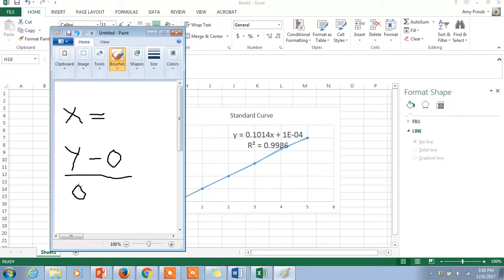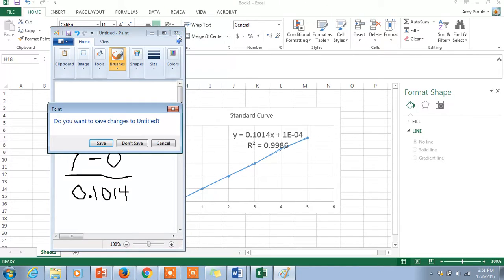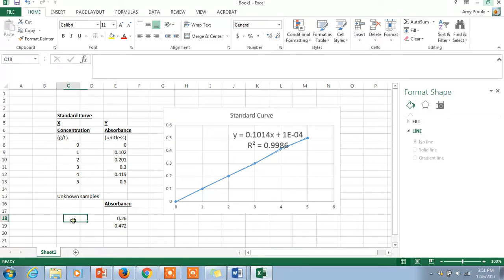So in this case it will be 0.10, that's 0.14. I'm taking this backwards. So y minus b divided by m is going to give me and solve for my x. I hope that makes sense. I'm not an algebra teacher. Y minus b divided by m equals x. So x value, that will be our concentration,